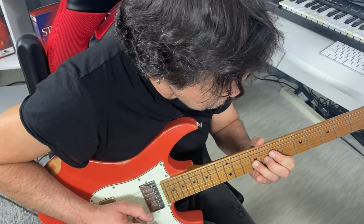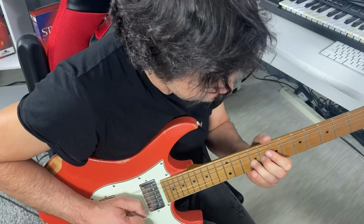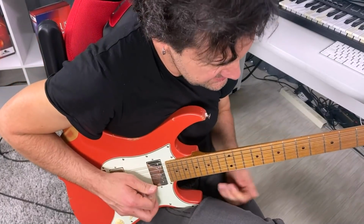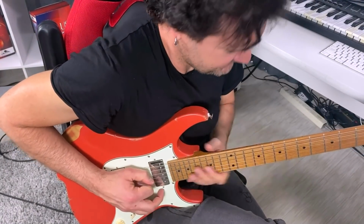Now, what if instead of trying to find a note that is not really intuitive, I repeated this note. What if I repeat it again and again? Now that's kind of weird. That's definitely not something I would do, but maybe we can take that concept of repeating notes and injecting that into our playing. Now remember, when you're injecting something into your playing, you always have to inject it almost accidentally